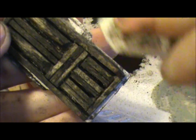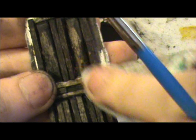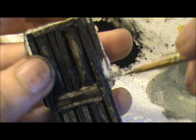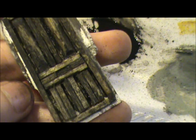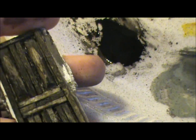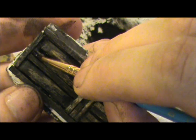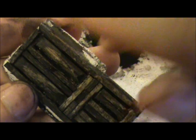And then again, go back in with the paper towel and smear it back away. Some pieces are going to be lighter than the rest, and that's alright. And then this is the part where you would go back and add characteristics into certain spots, like you pick up some black, and where this has a little bit of a crack, you can go back in,